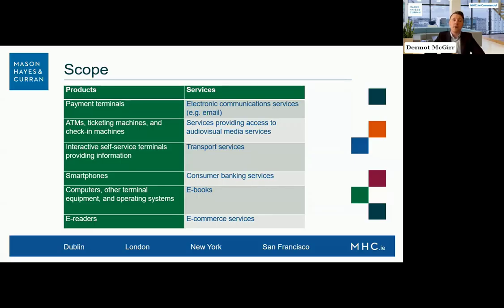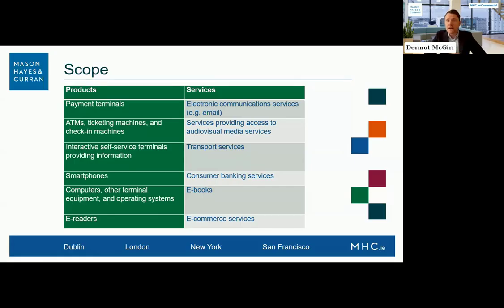My experience on the product side is that that side of the house are well versed on the EAA and actually have been looking at this for a number of years, remembering that we've had the directive since 2019. I have seen a couple of challenging situations, mainly for non-EU manufacturers who weren't aware of the EAA and perhaps have developed products not knowing that, but that is very much the exception. And actually today's session, we're going to focus on the services side of things.